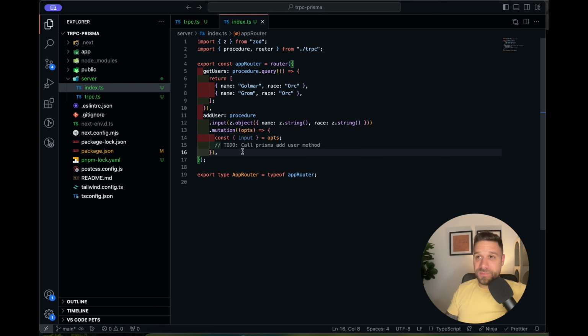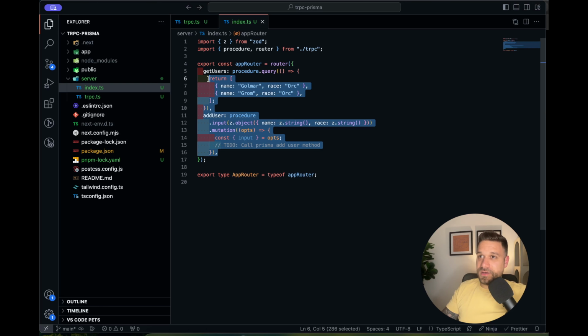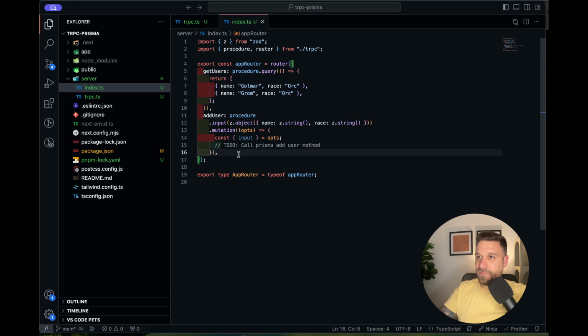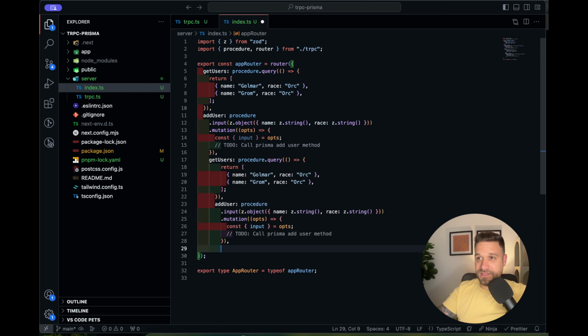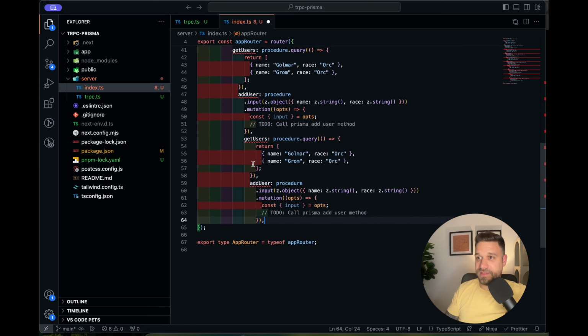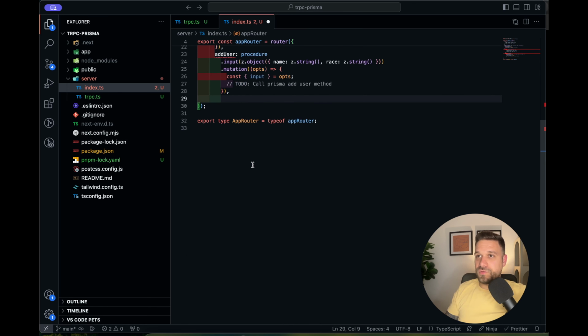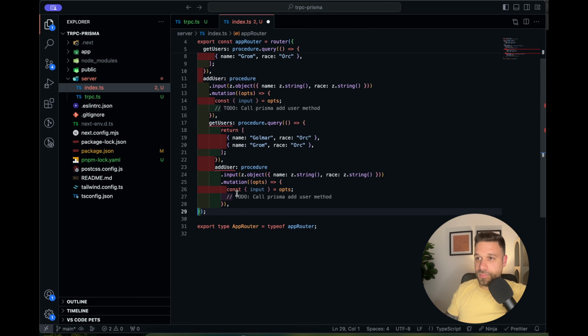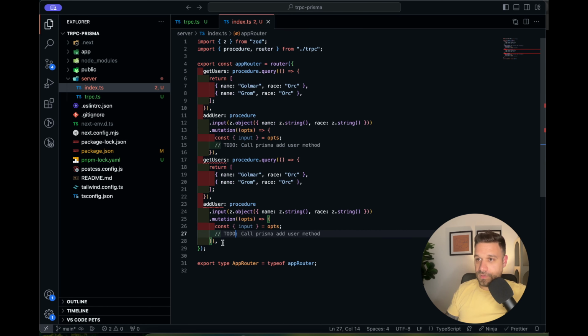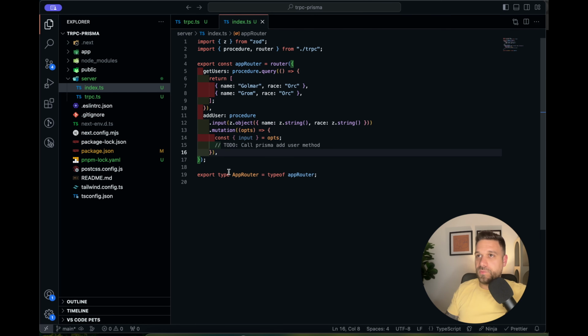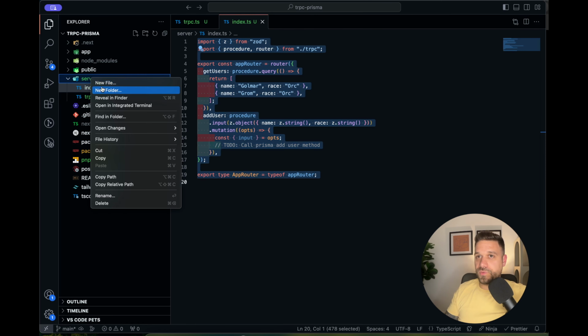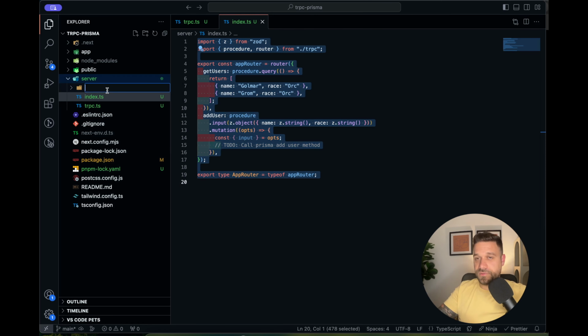And one more tip before we start creating our provider is that when you have a bunch of endpoints, it can easily become something like this, and we don't want this to happen. So what we can do is copy this whole file, and I didn't delete this one. We can copy the whole file. We're going to create a new folder inside our server folder and call it routers. And inside, we're going to create